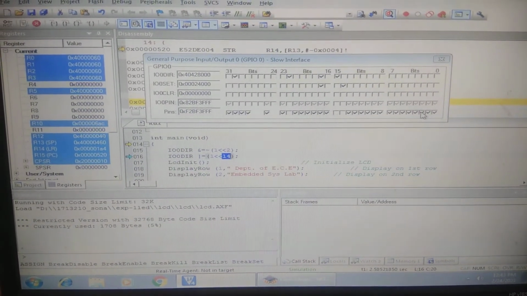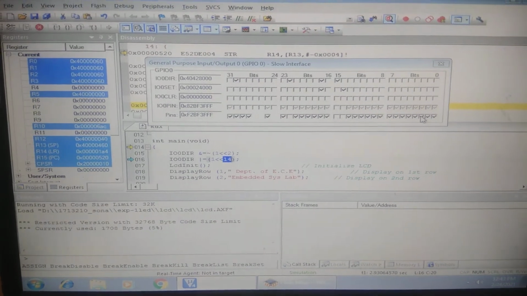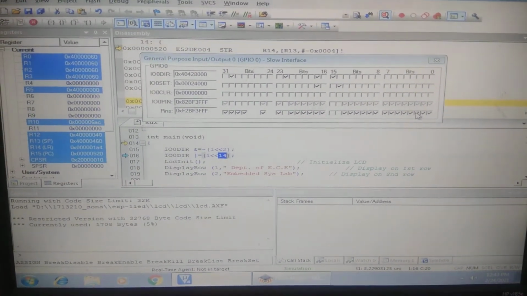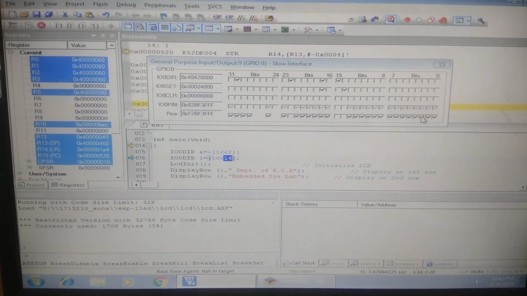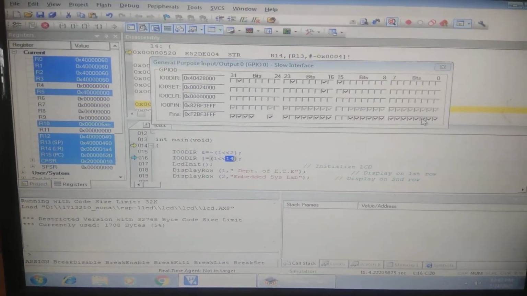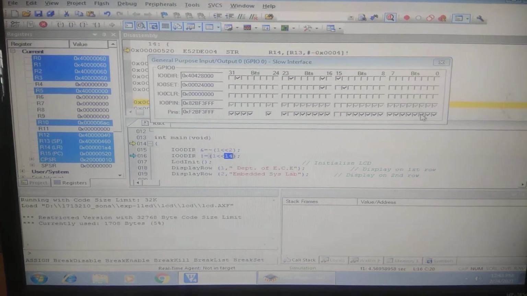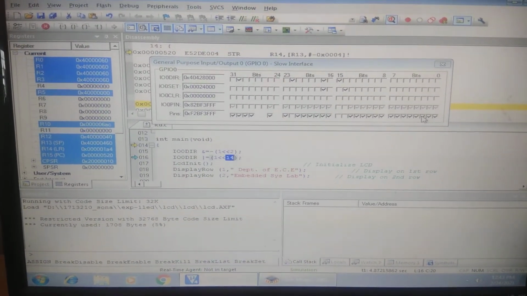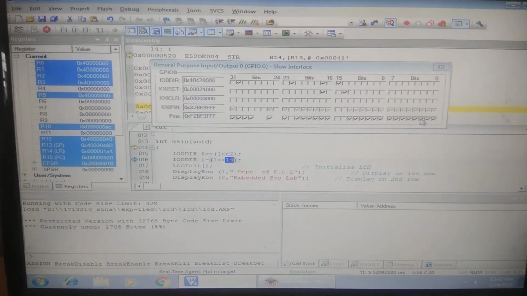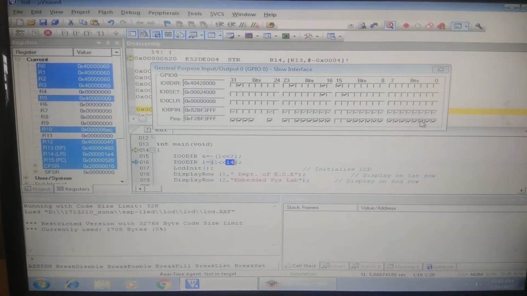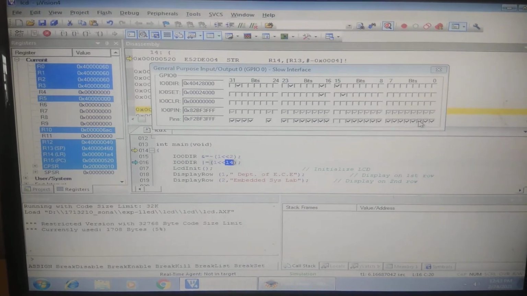Port 0 14th pin is connected to any one of the output devices, maybe an LED or a buzzer or relay, whatever you have chosen based on your application. If I press the second pin, which is connected to port 0 second pin, your 14th pin is going to change.